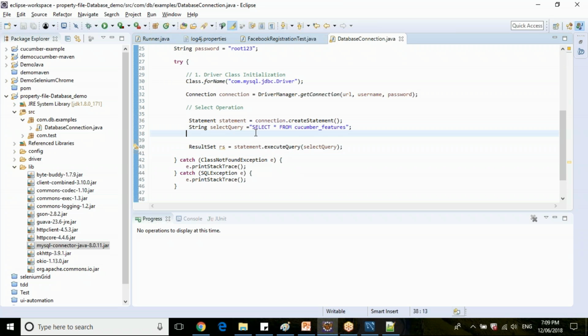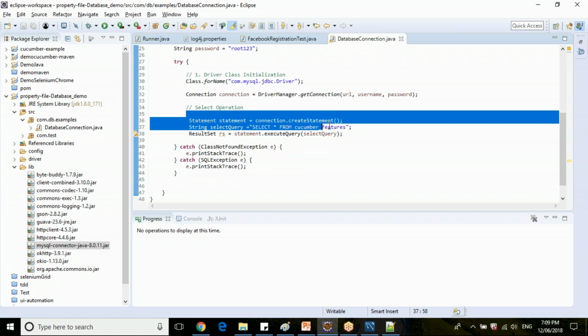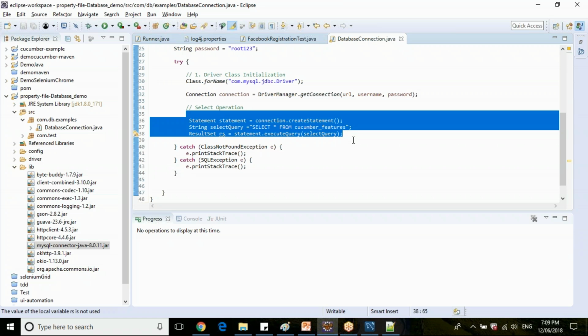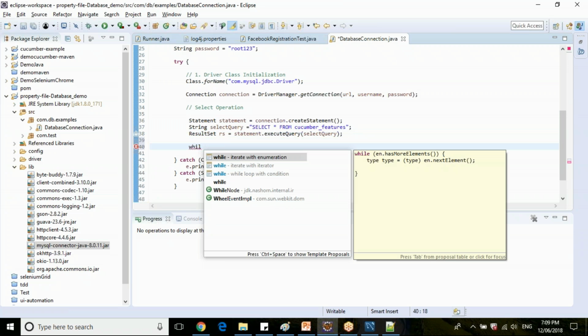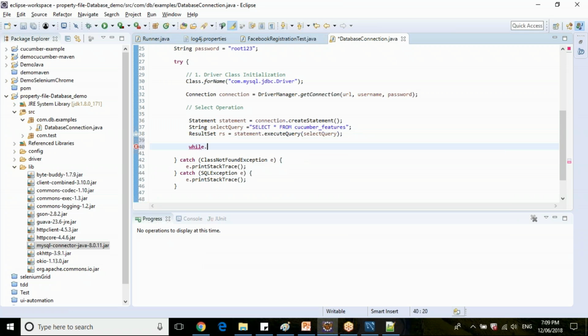I will again explain step by step, guys. So let's write what the steps for the select operation are first. Once you get your result, you need to check whether the result is empty or not, right? For that, you can use a while loop.